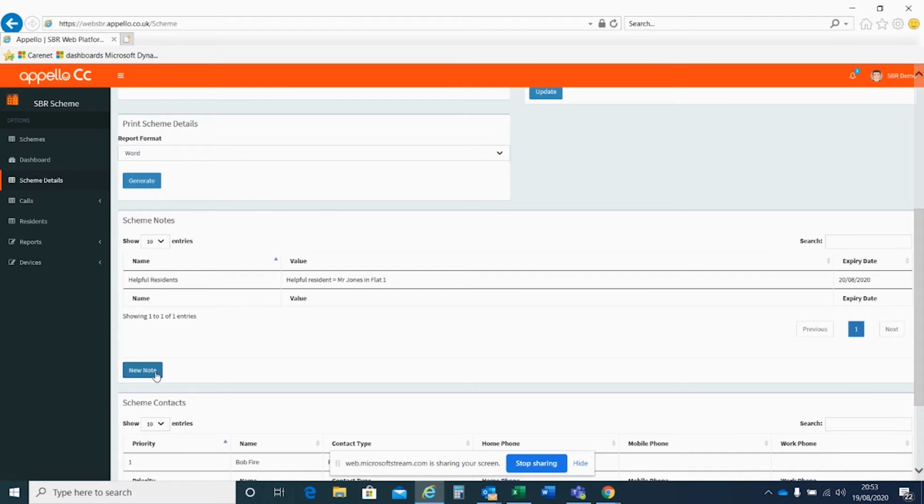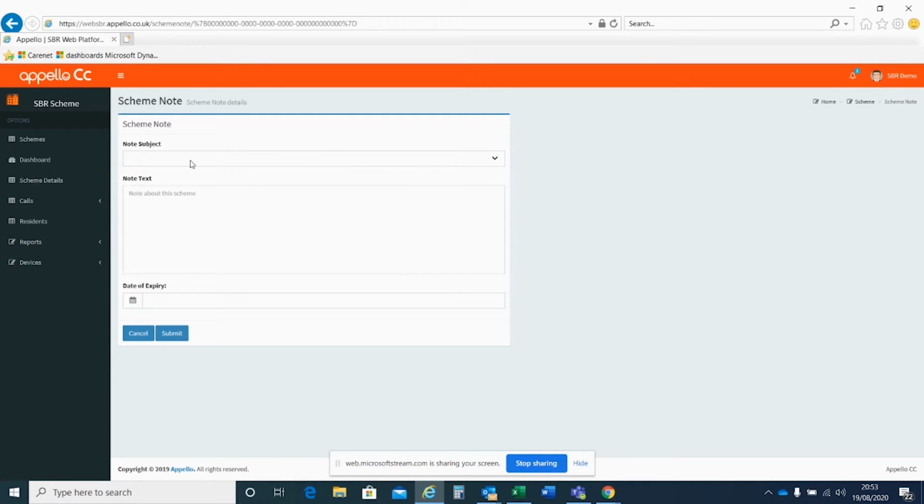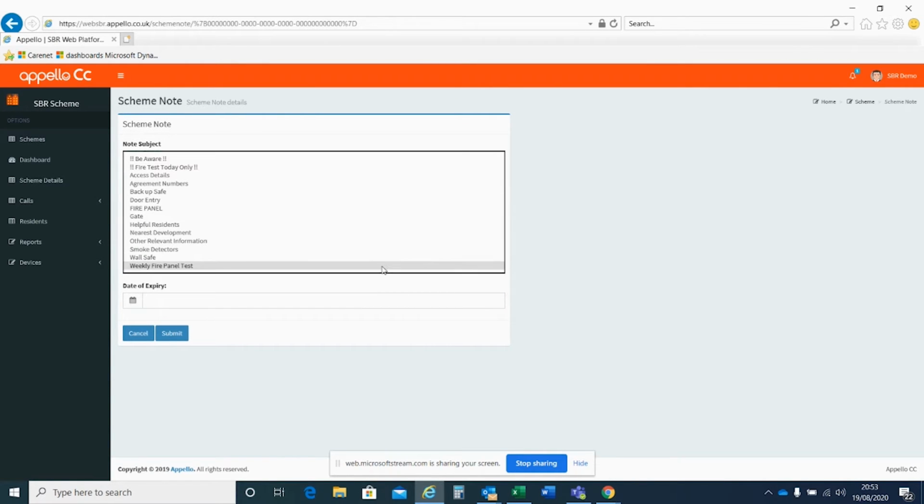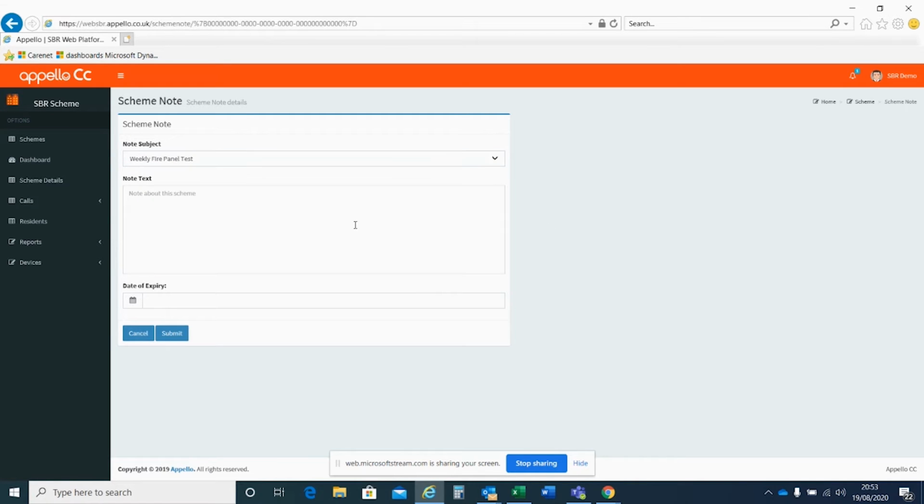If no note is showing, we can quickly click on New Note, or alternatively, if a note is showing but it's out of date and needs to be corrected, you can double click here where the weekly fire panel test note is showing, and that will allow you to go in and update that note accordingly. So let's go ahead and add a new note. The note subject will give a number of different options. From here, we will select weekly fire panel test and we'll type in